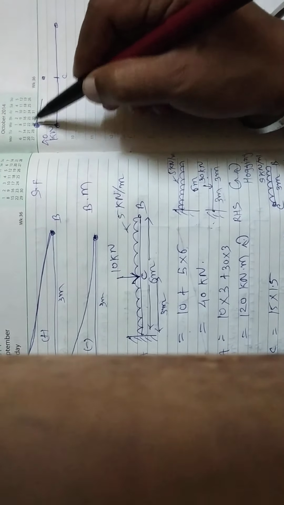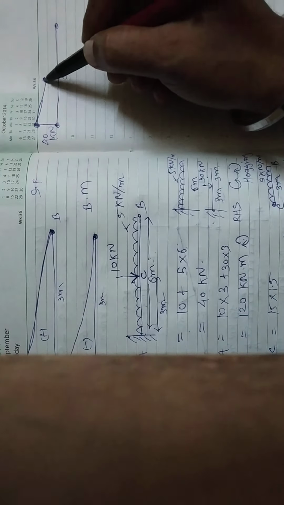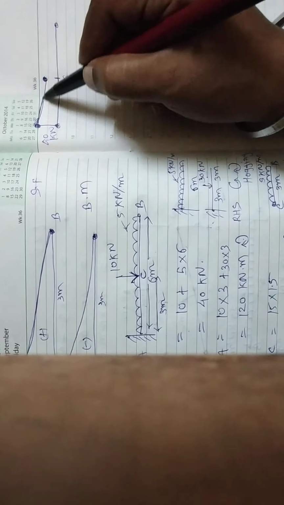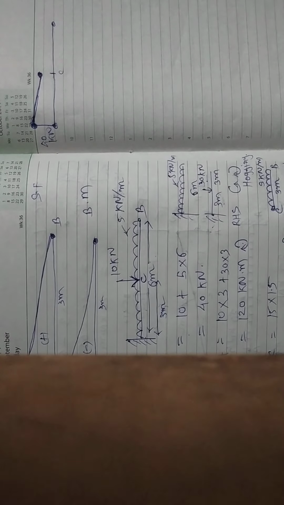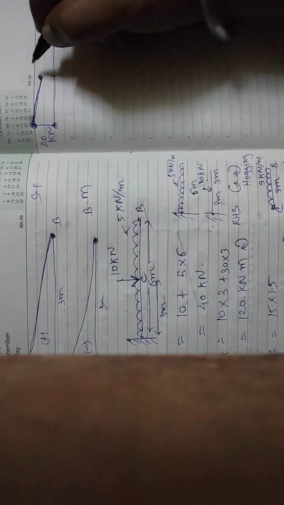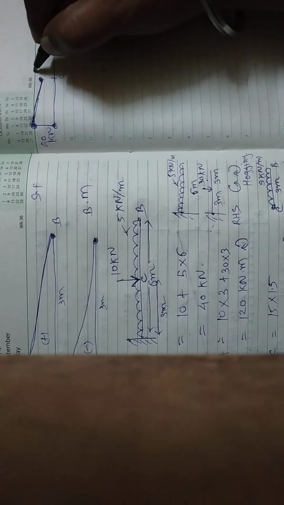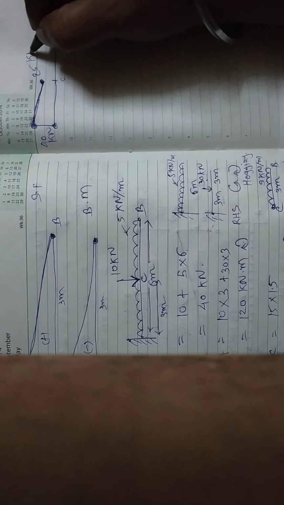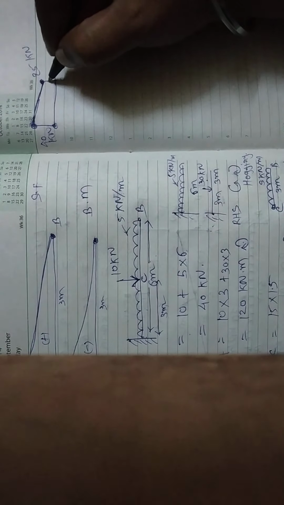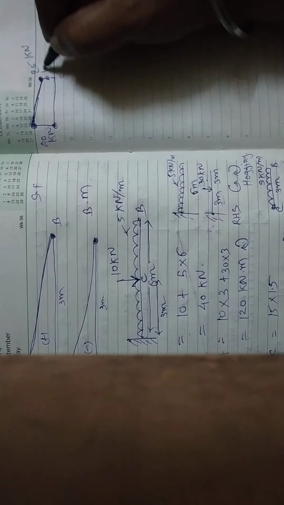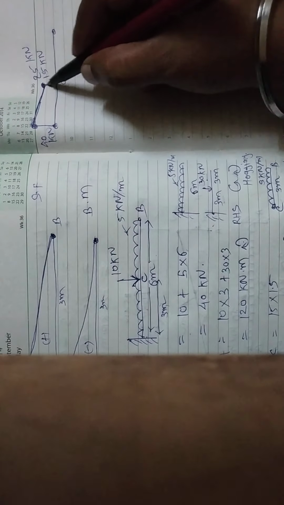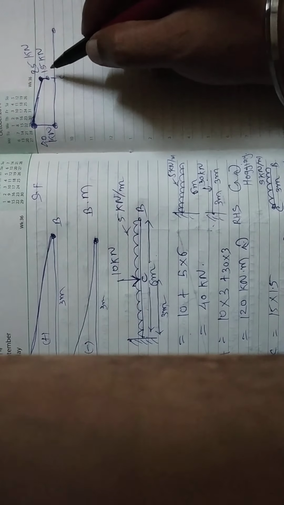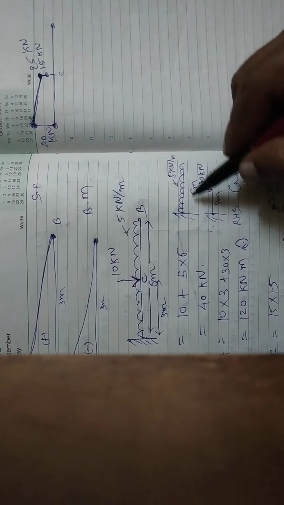So 40 to 15 down, it's a UDL, so it will be a slant line, right? It will be a slant line, and you have to go just up to the 15 down. So 40 minus 15, and so you can say it's 25 kilonewton, and then after you have to go 10 down, so you can write here also 15 kilonewton. All right. So due to the point load you have to go the 10 down, and then once again from this UDL.